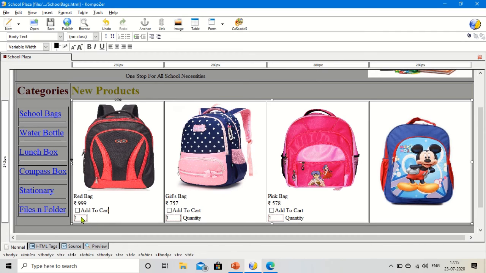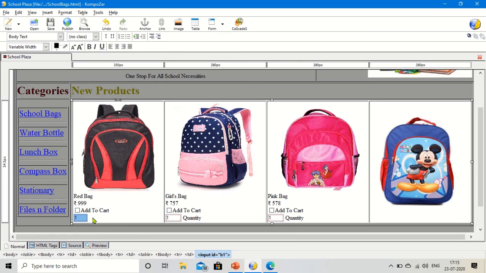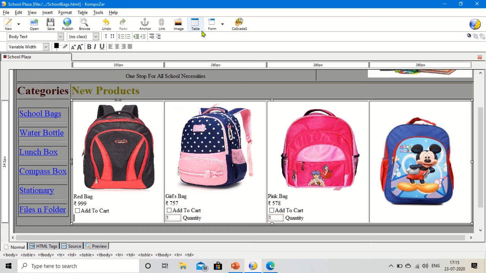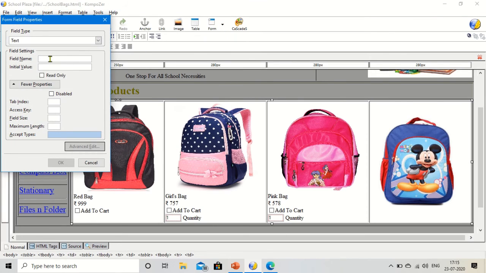And for quantity you insert a text box. So how to insert? Let me show you. Go to the form and click on the form field, and here you write txt1 and then give a field size, 3 I am going to give.